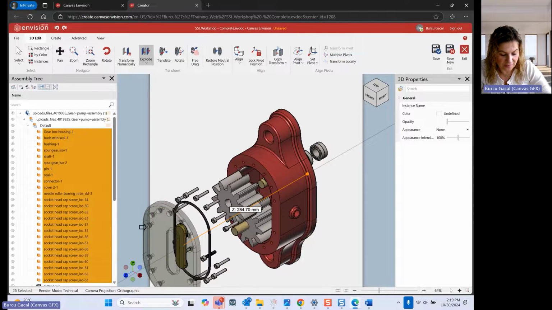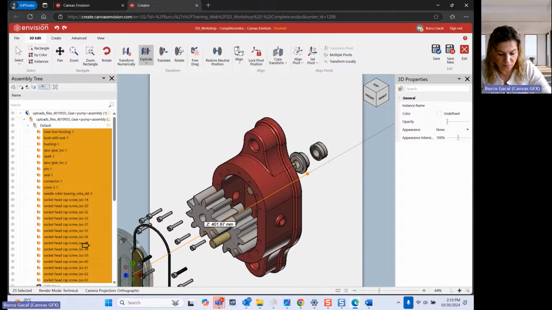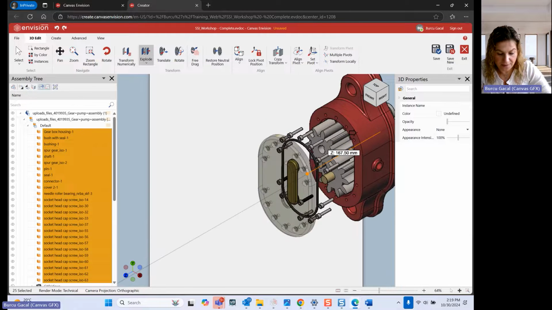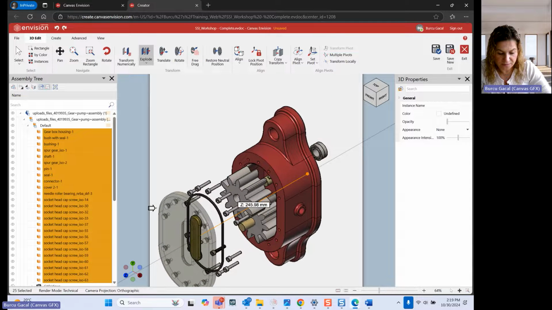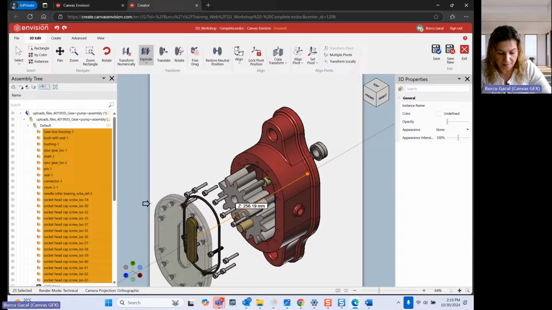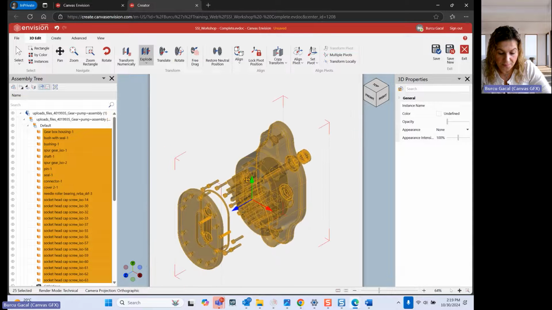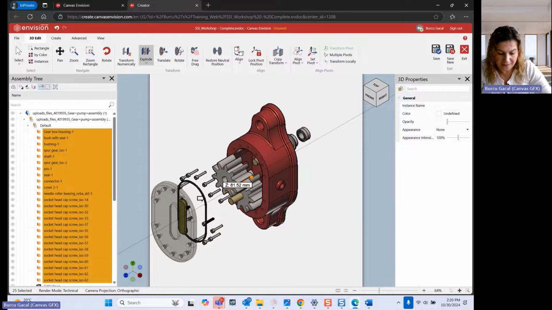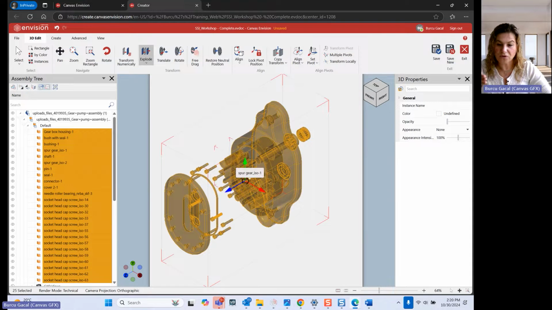If I select, for example, the Z-axis, I can move all parts at the same time along the Z-axis to create the exploded view. Something like this obviously creates a pretty cool view, but it does not give visibility to all the parts that we want, especially in terms of the sequence that we want to disassemble this